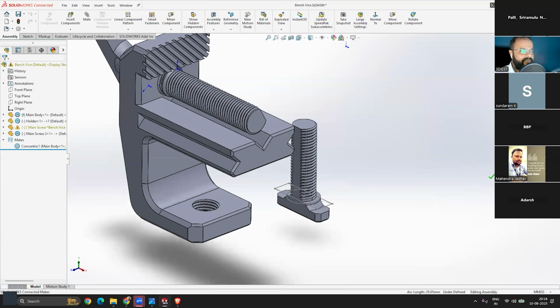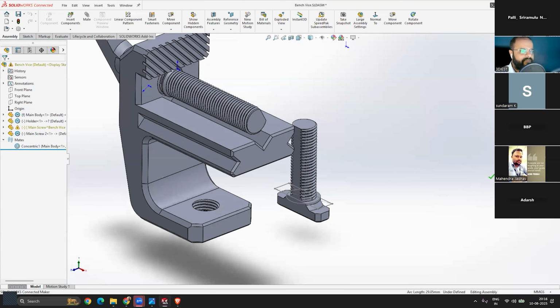So what we have to do, when you have opened the assembly and saved your assembly file, the next thing that you have to do is simply go to this File menu over here, and there you will get an option that says Make Drawing from Assembly, right? All of you can see it, right? Make Drawing from Assembly. So what you have to do is click on this Make Drawing from Assembly, and it will take a few seconds to prepare.